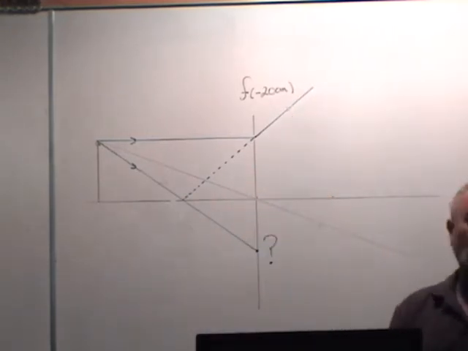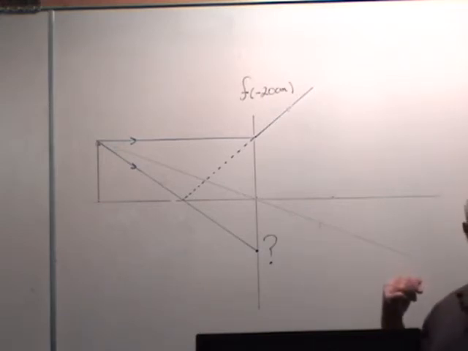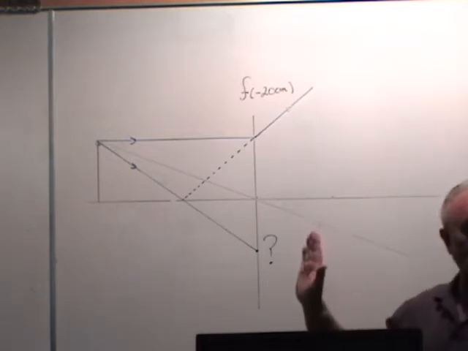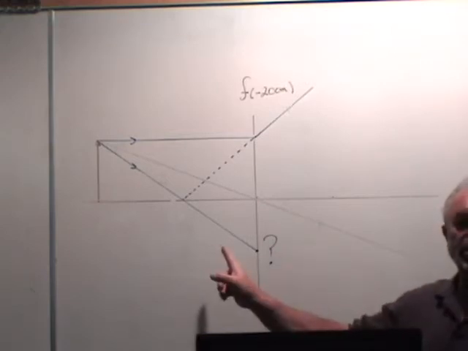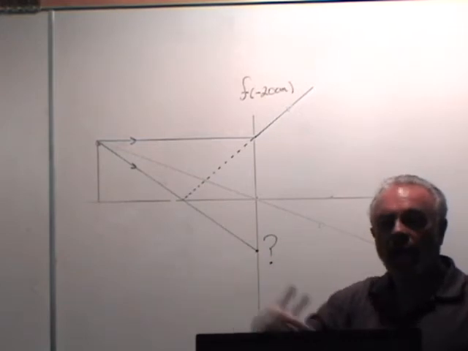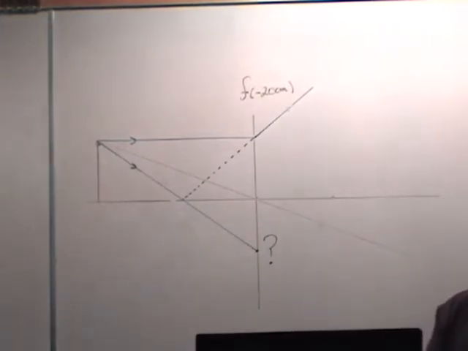So this image is called a virtual image. It's not a real image, it's a virtual image. Why? Because there's not really two light rays there. You can still see it. From this side you can see it. But unlike the real image, remember the real image, we could put a screen and cast the real image? You can't cast this image. You can't put a screen there and have the image form as it does with a converging lens.